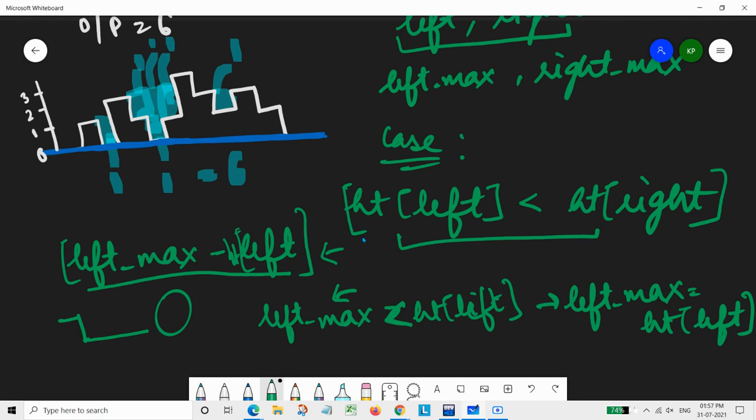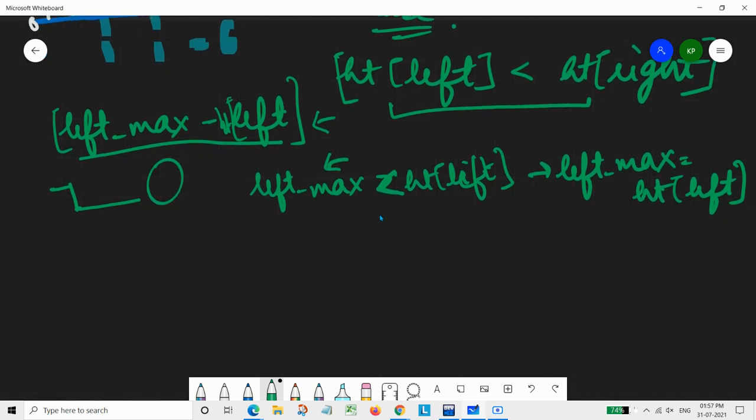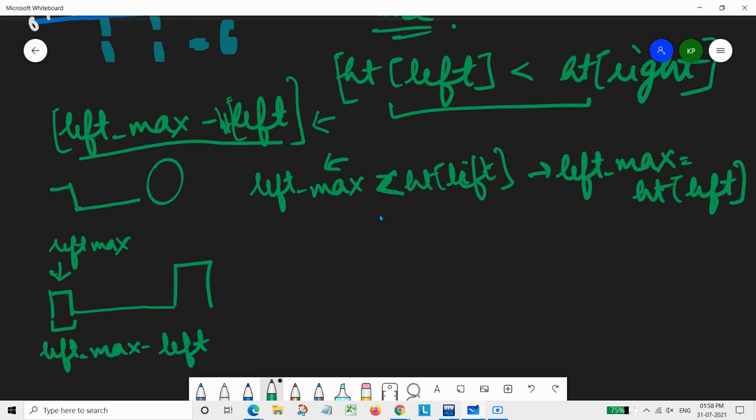And why are we doing these two cases? Say there is an example: when we have this here, it will act as left max, because this was the first time we encountered the highest height at the left part, and then we have this only, and this only, and after a long time we found this. So in this case the answer will be simply left max minus height of left.